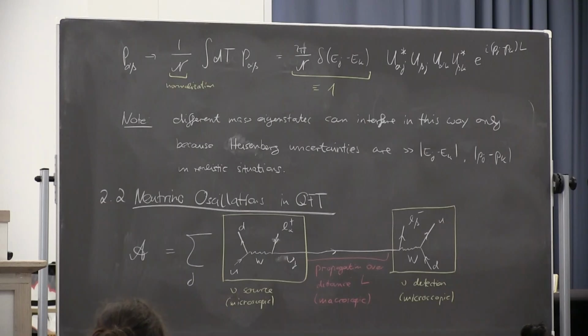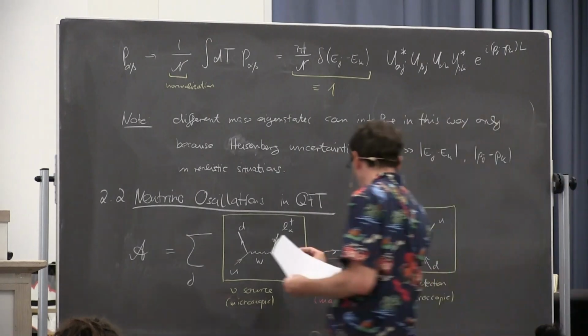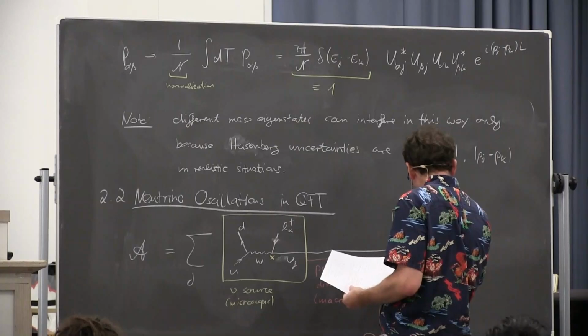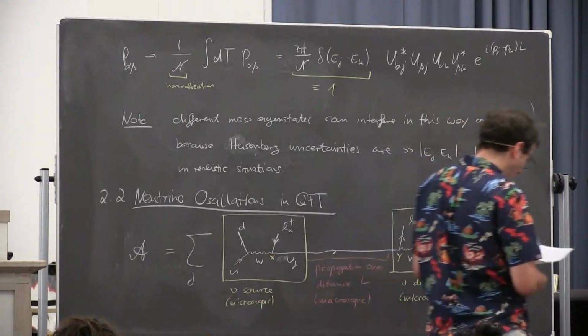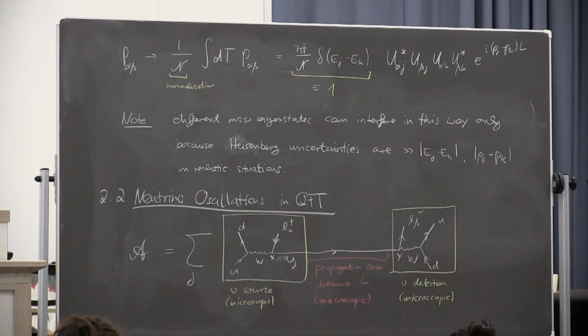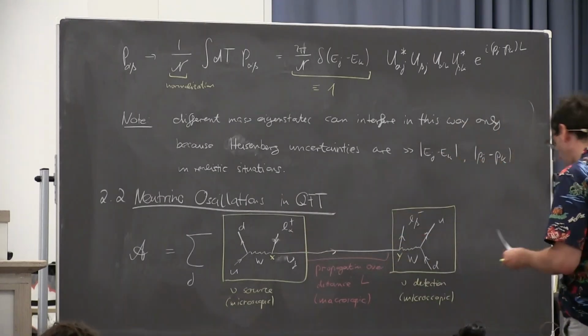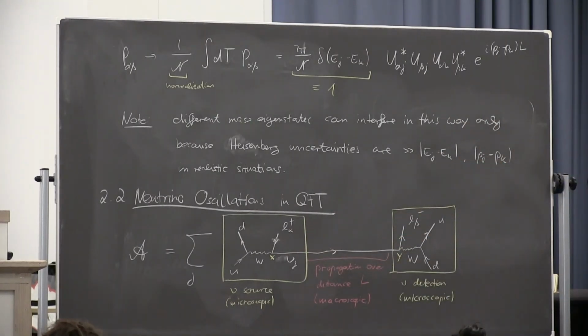I have a similar integral over the region in which the detection process is localized. So in a sense, I'm integrating over the position of this vertex x and over the position of that vertex y. I'm writing down the expression for the fermion line. So the fermion line reads